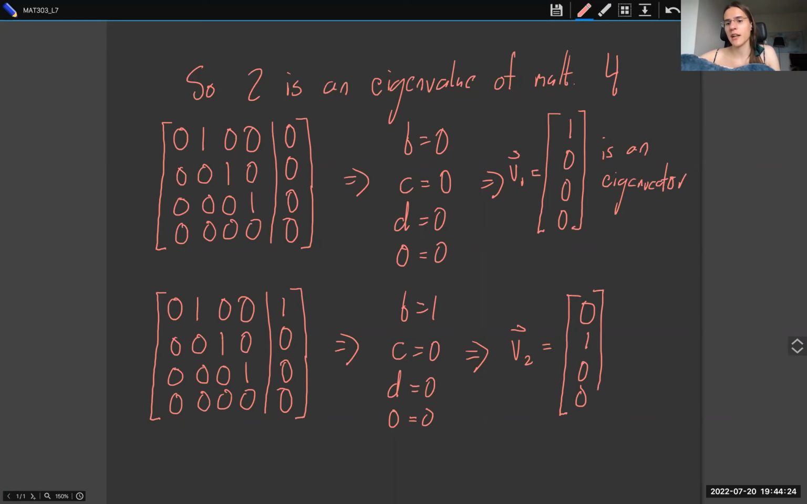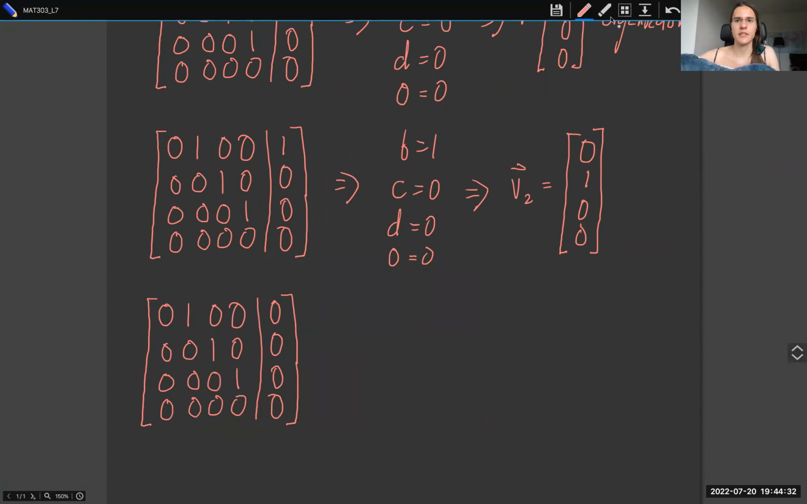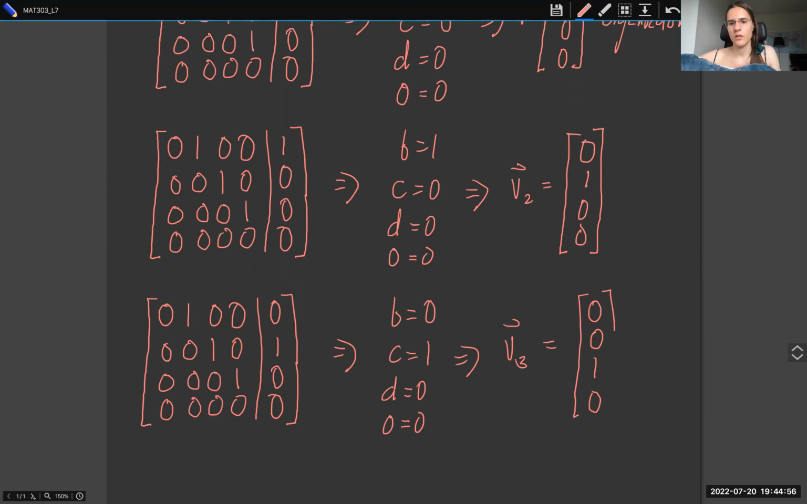I'm not going to call this an eigenvector because it's not an eigenvector, but it's V2. Now what we're going to do is take this, and now we're going to consider the second entry as 1. So this tells us that B is equal to 0, C is equal to 1, D is equal to 0, and 0 is equal to 0. So we once again set A equal to 0, and we get V3 is 0, 0, 1, 0. And then finally, for the fourth round,